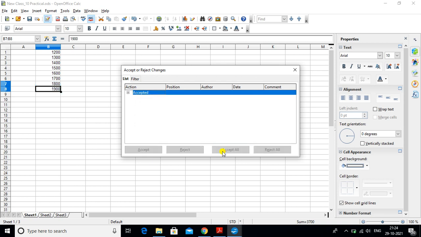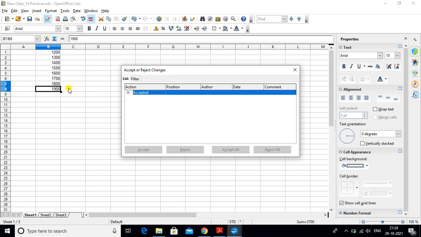After accepting, all the changes that were made in the other file, new class 10 practical 2, are reflected in the original document after merging.